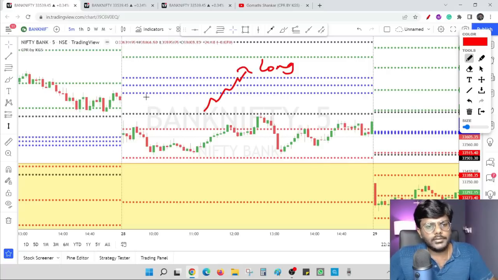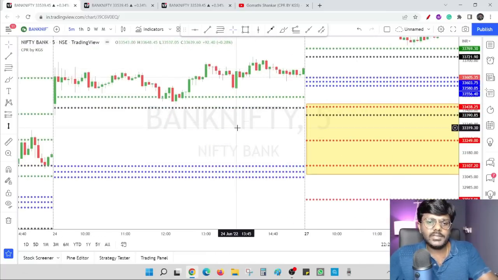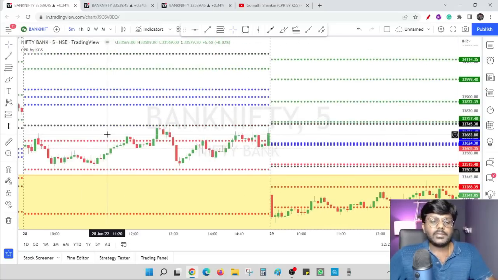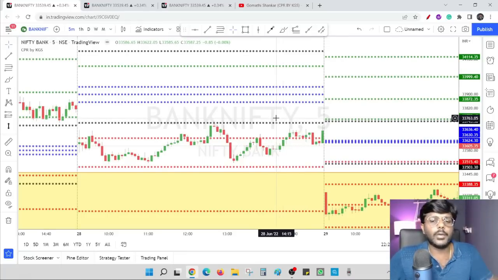But few traders applied S1 previous day low breakout, and they texted me personally telling that they made some money. So you can do those kind of trades, but make sure you exit at the target at the right time. Okay, so on 28th June, it is a point of confusion, stuck between daily and weekly CPR, and the direction is not clear. Earlier, we were seeing the prices were above daily and weekly CPR, we saw those points. But here the price is stuck between daily and weekly CPR, so there is a point of confusion. Whenever you are confused, don't take any position. That will be the best advice.